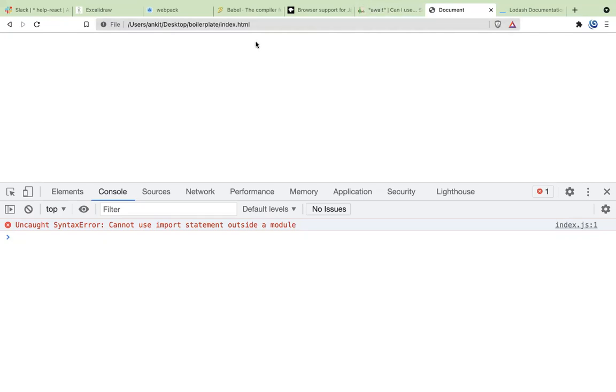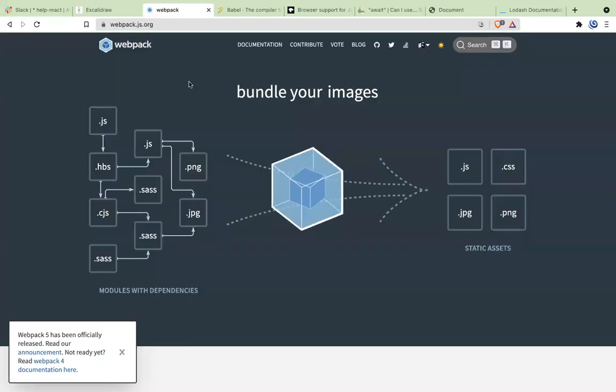Now let me just introduce the solution to you. What is the solution right now? The solution is Webpack. Webpack is a module bundler. So what does it actually do? You can think about the problems that we were talking about: having multiple JavaScript files, having SCSS files, having PNG, JPEG, multiple SCSS files, having some other extension files. So here you have multiple assets that you need. Webpack is a bundler, a tool that takes all of this different stuff, processes it inside, and at the end gives you something that the browser supports.